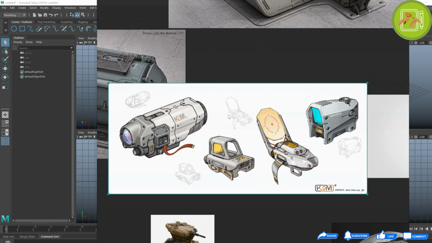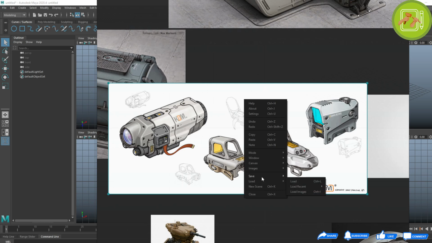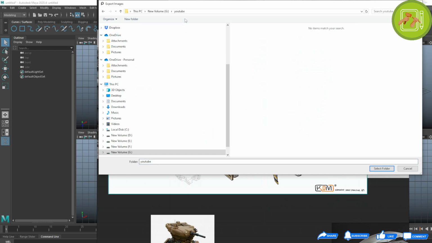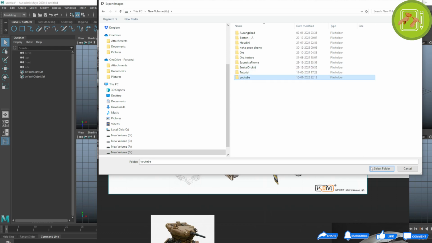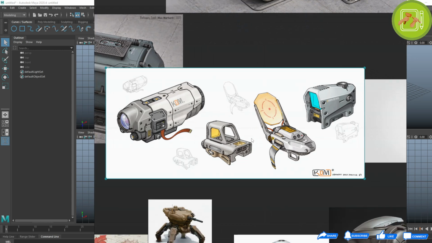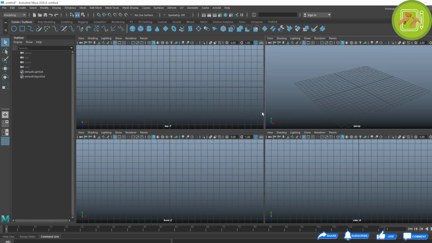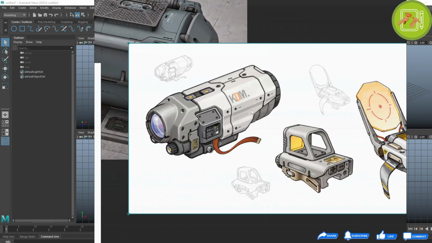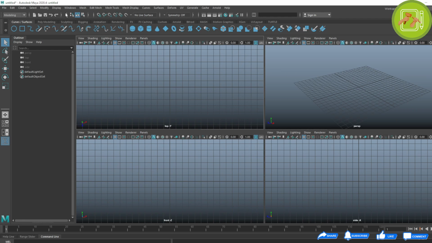So let's export this image. I have selected it. Let's export it, and I'm exporting it here. Now export. Now I will try to block this image inside the Maya, and first I will create a camera from this